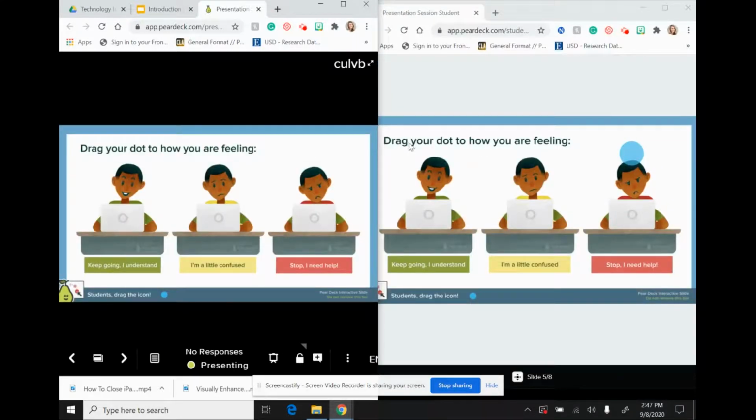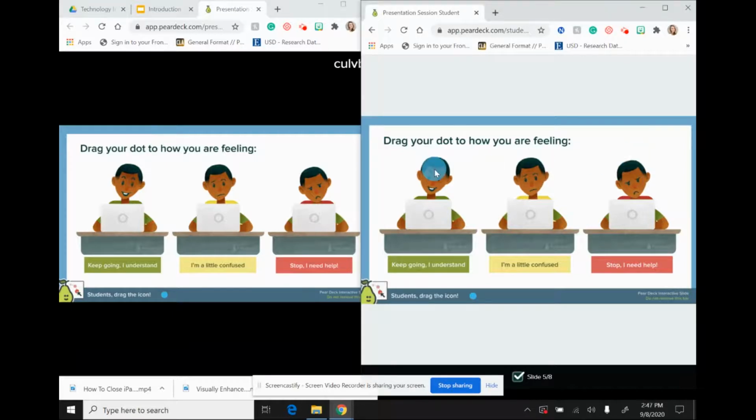As we go through here, again, we have drag and drop how you are feeling. So students can say that they are good, they know what you're doing. This would be a good, quick formative assessment check if you were trying to gauge students' understanding during the lesson. If you wanted to pause the lesson, if you felt that students were maybe becoming disengaged,